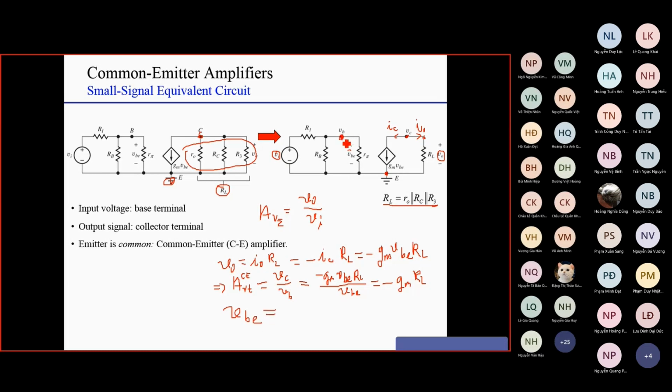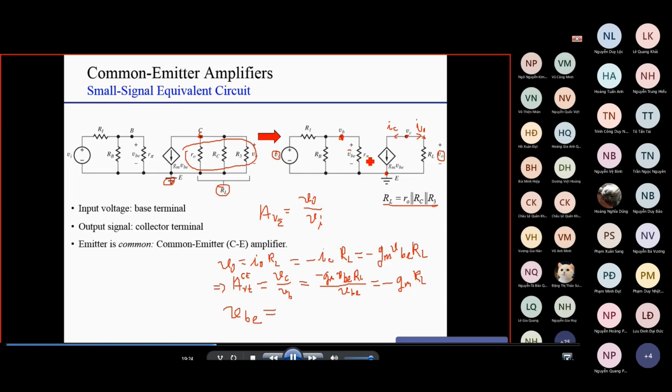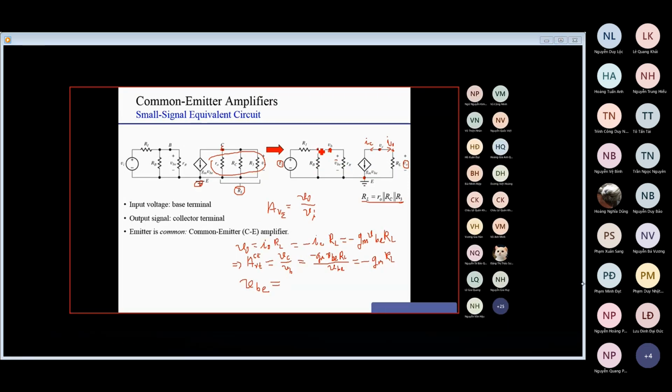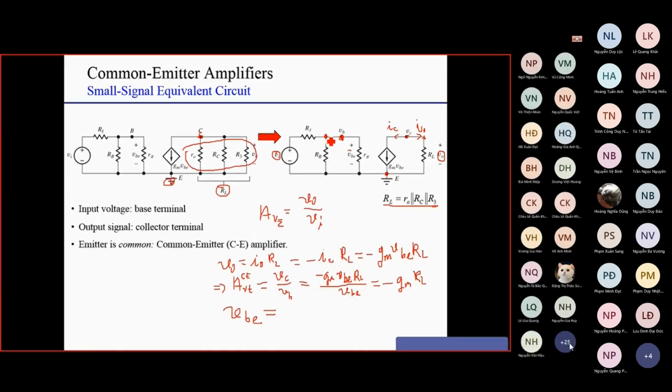VBE is the voltage at this point. So there is the voltage drop on RB in parallel with R pi. So the voltage at this point, in fact, if you combine RB and R pi together,